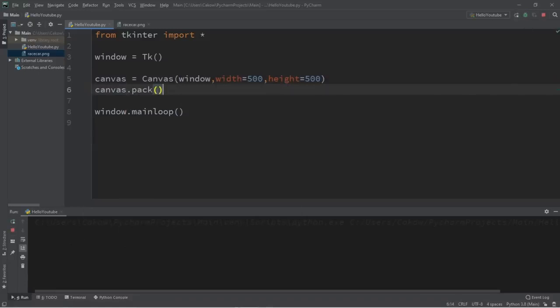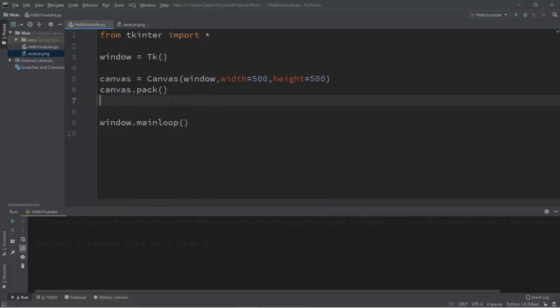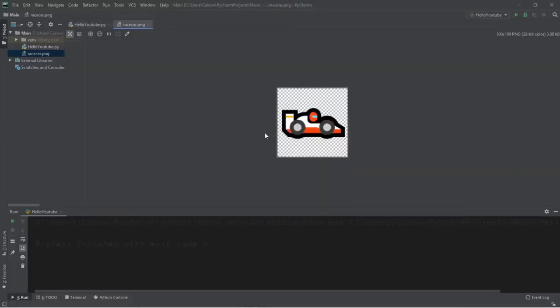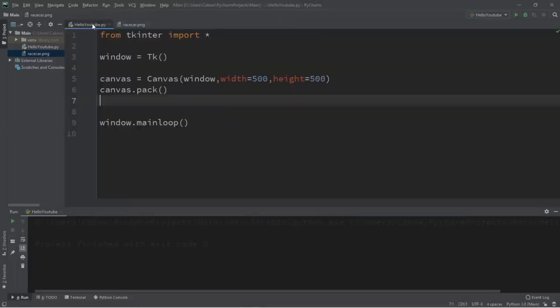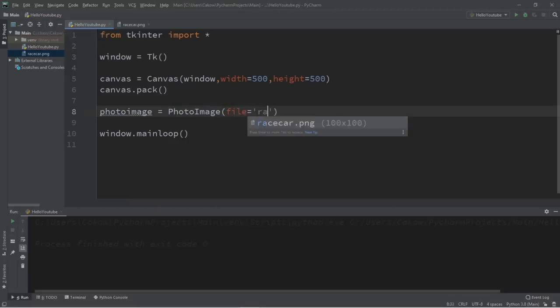And let's run this, and this is our canvas. At this step, we need to add an image to our canvas, and I have an image of a race car that I want to add. So I need to create a photo image from this file. So we can do that. Let's give this photo image a unique name. I'm just going to call this photo image to keep it simple. Photo image equals PhotoImage. And I can list the file path or the file name. Since this image is within my project folder, I only have to list the file name, and my file is